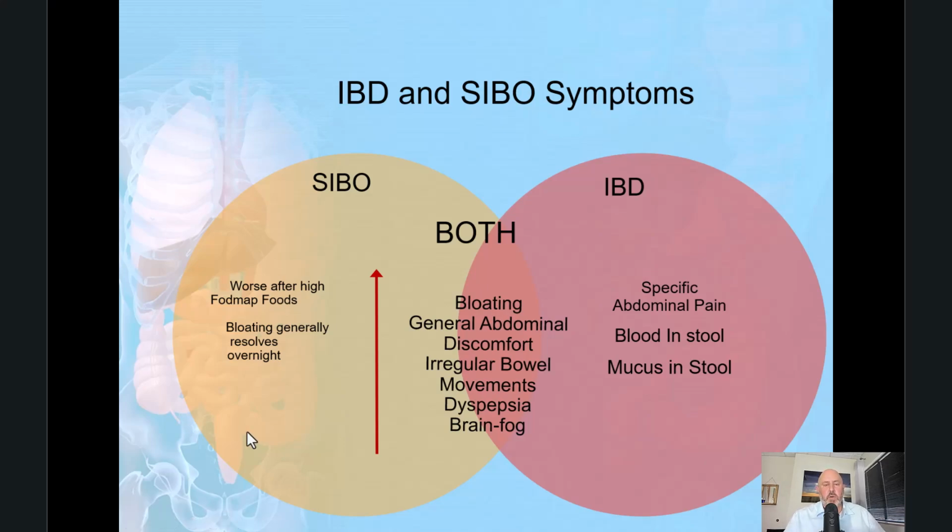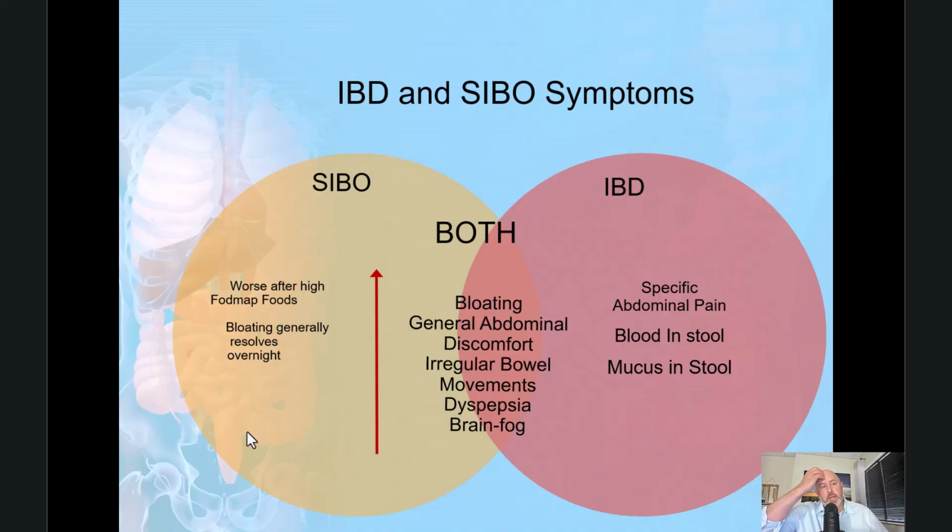IBD and SIBO overlap quite a bit as far as symptoms are concerned. IBD has much more extreme symptoms of blood and mucus and specific abdominal pain, but both will have a lot of general abdominal symptoms and irregular bowel movements and bloating and brain fog. SIBO is